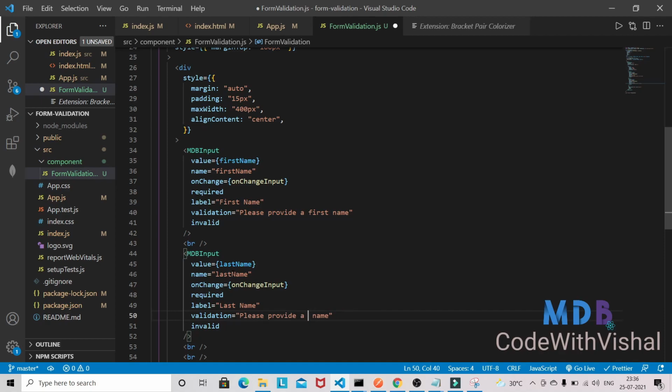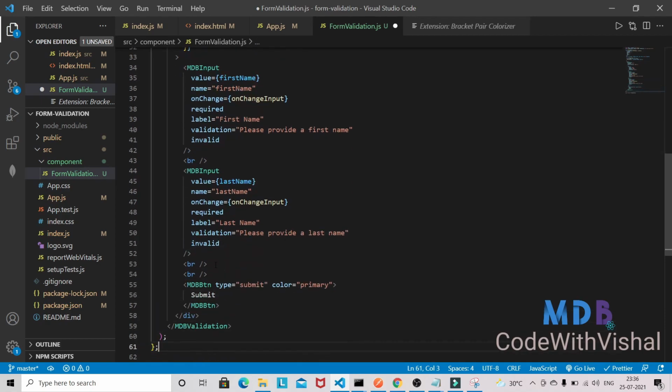The message will be also like last name, and the third input field will be a little bit different. Okay, so let's work on that one.